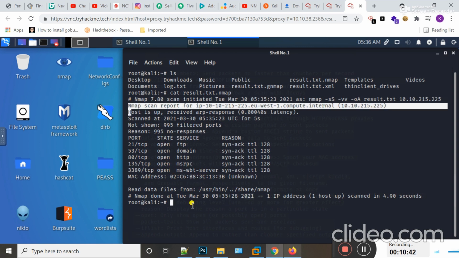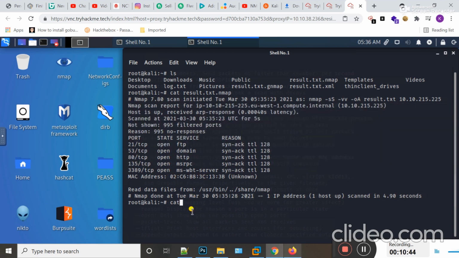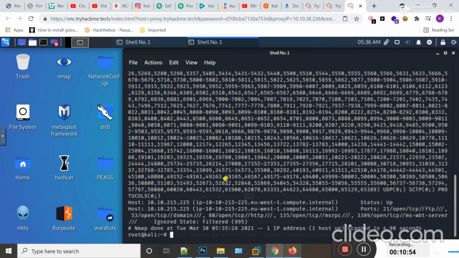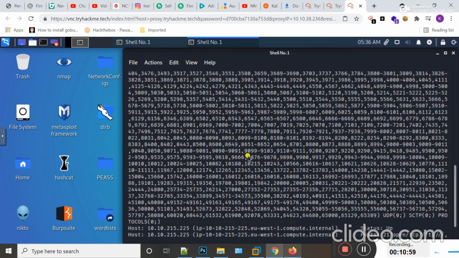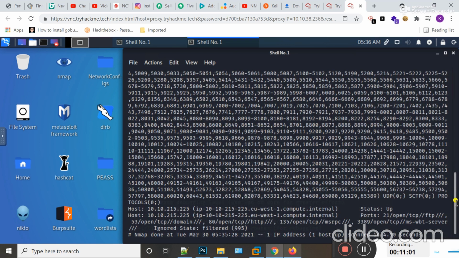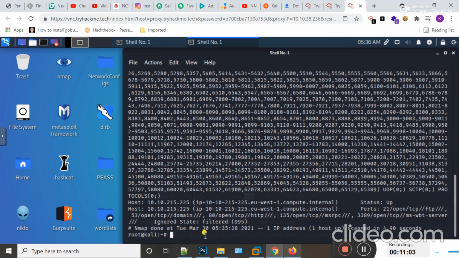If I type cat result.gnmap and hit enter, now you can see the result is shown in grepable form. You can see the scanning result of Nmap, which is stored in the results file in grepable format.